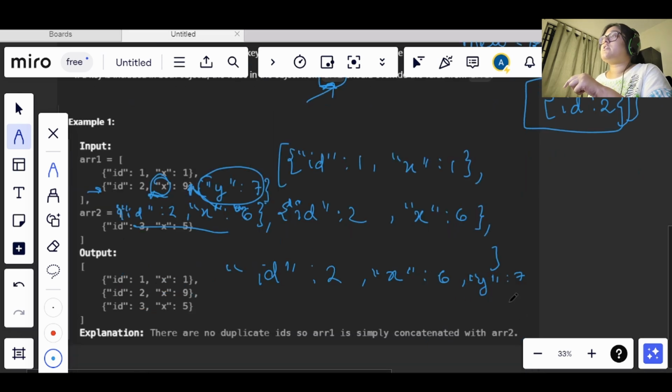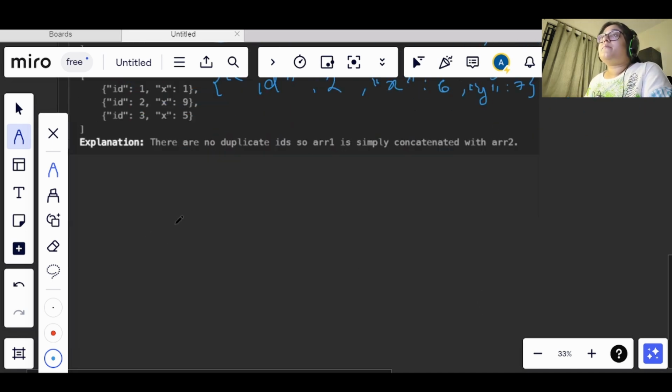Okay, so this is an important point: we need to modify the array, meaning object values, but data should not get lost. Data should not get lost in the process of modification. So what we observed here is, if the object id is getting repeated, then what we are doing is taking the values from the first array at the same object id.